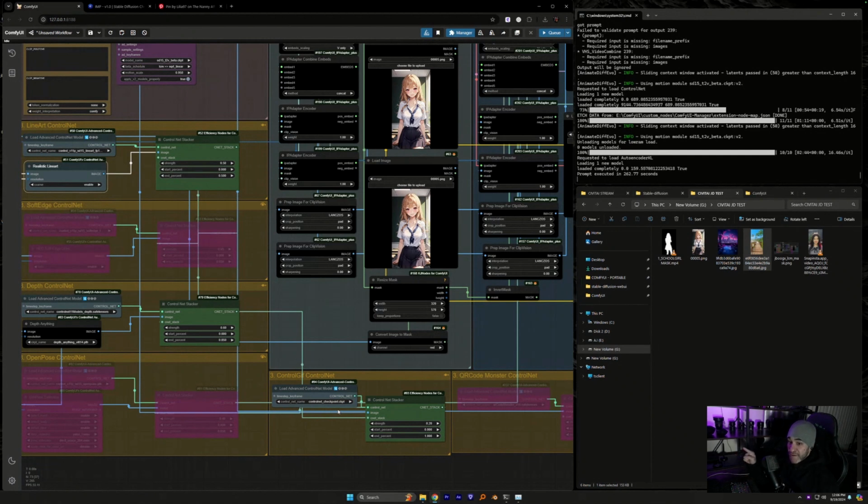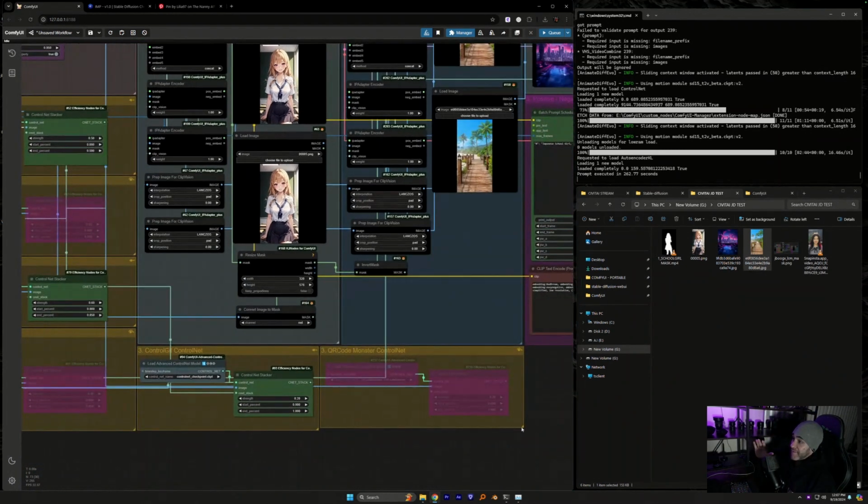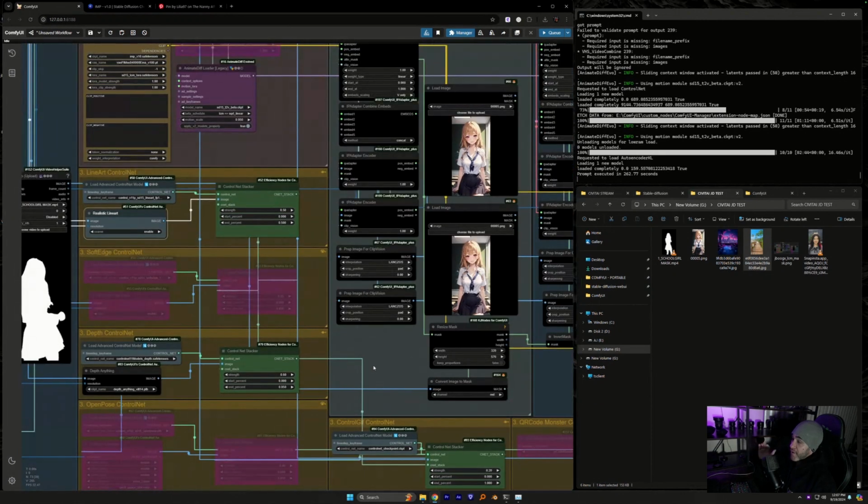The control GIF is very, very important because I've realized even more so in the past like 5 months how important this control net is to smoothing out the craziness of everything that goes on in these AnimateDiff animations. While you might lose a little bit of weirdness, it is worth it for how much smoother and less crazy your background will get. And then we have our QR code, the QR code monster, if you would like to use it and you choose to use it.